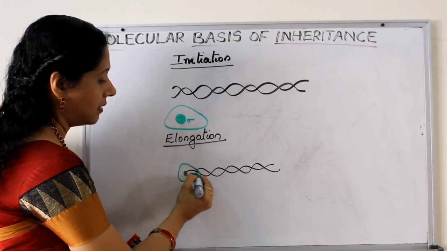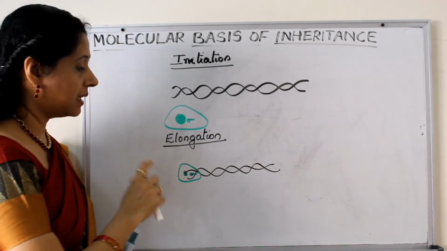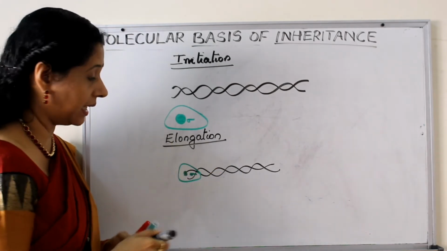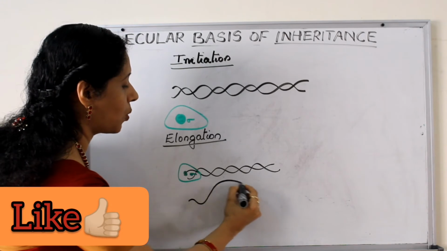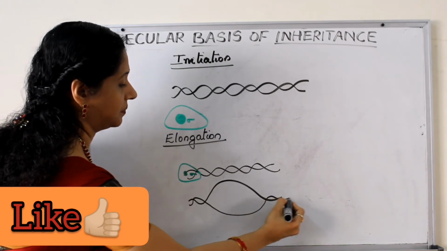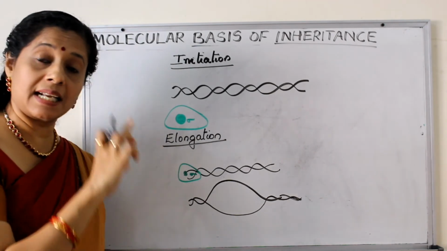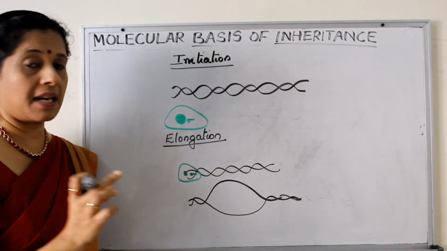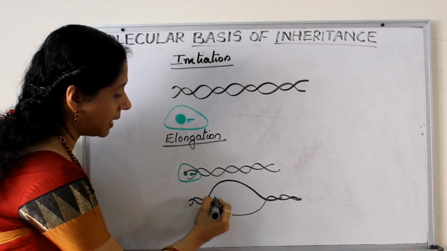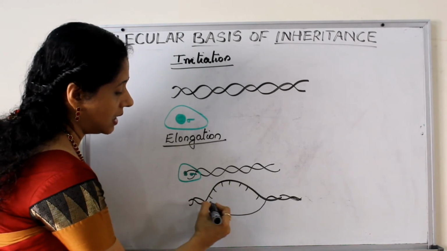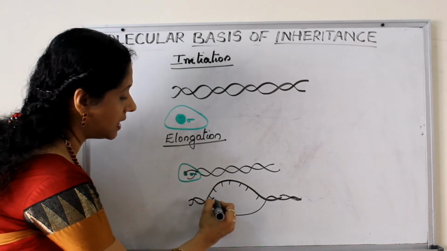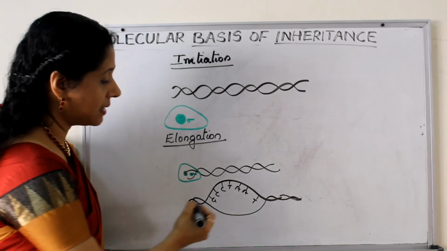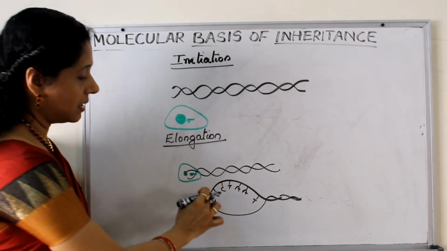This is the starting point where our RNA polymerase is binding. Now what happens? When it is binding, it is now a holoenzyme. This can unwind the next sequence, that is, the next part of the DNA is locally unwound. So this part is open now. Only this part is open, just like how at the origin of replication the opening happened, right? A Y-shaped fork formed, the same way here also it's opening up. So when it is opening, the sequences are now exposed. Suppose I am randomly writing a sequence G, C, C, T, A, T. Okay, so now what happens? This part is the complementary one. Suppose this is the template strand.